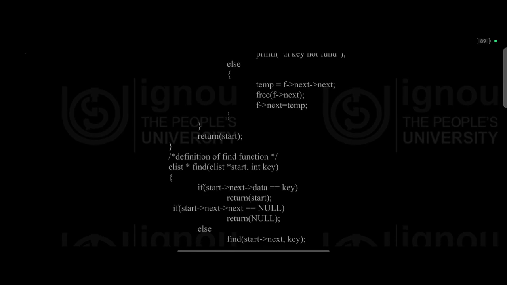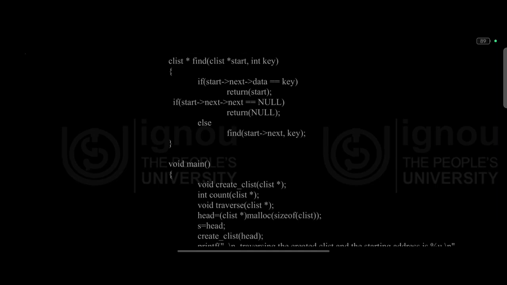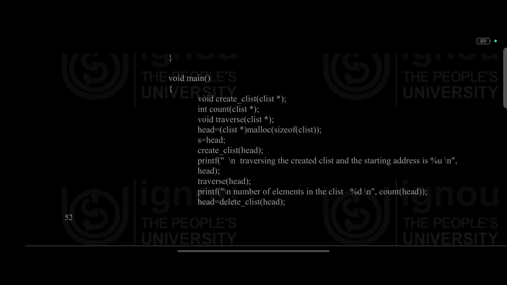else { temp = f->next; free(f->next); f->next = temp; } return start; } Definition of find function: clist *find(clist *start, int key) { if (start->data == key) return start; if (start->next == NULL) return NULL; else find(start->next, key); }